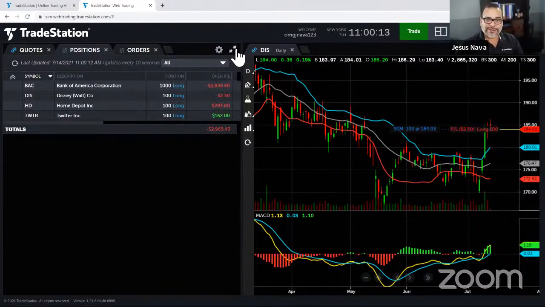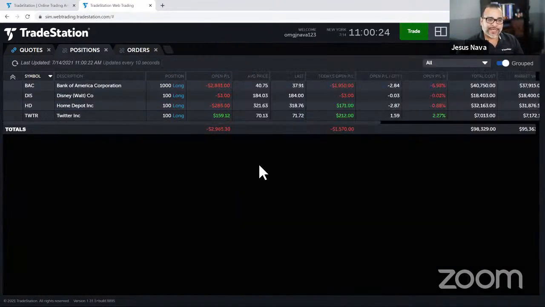I usually like to maximize it whenever I have multiple columns that I need to see. So let's go ahead and maximize this positions panel, and notice that now it takes up the whole screen. And if you can see, I have my Disney position right here, the 100 shares that I just traded. Right now I'm losing about $2 because the last price,